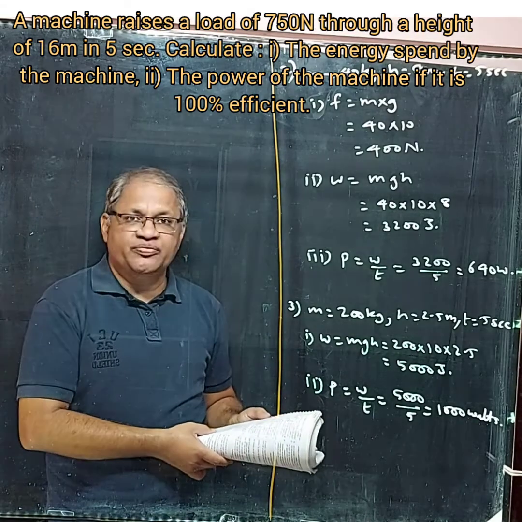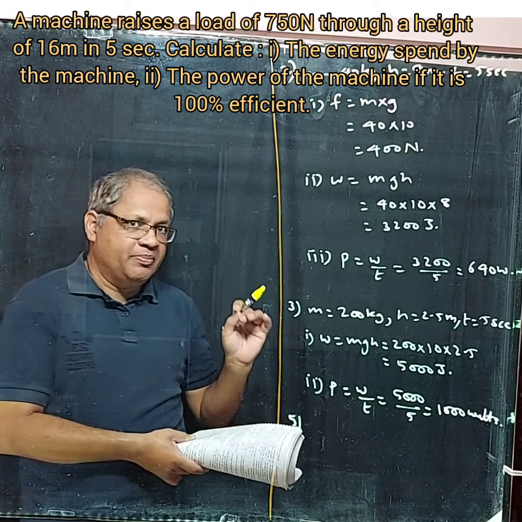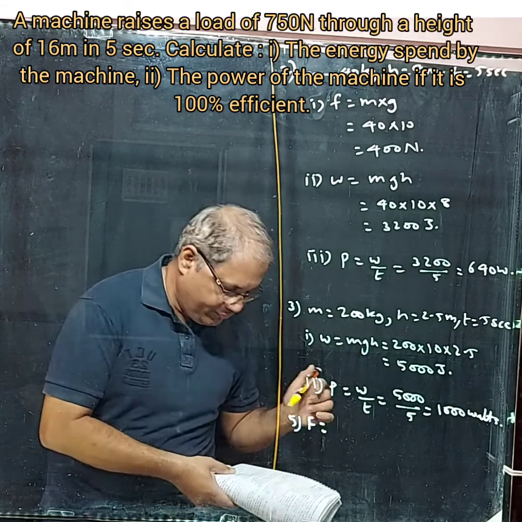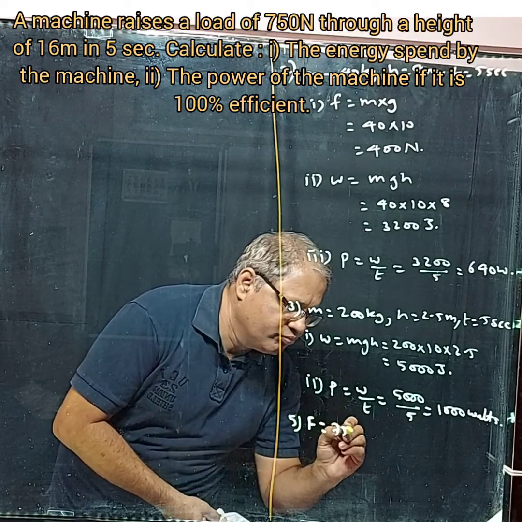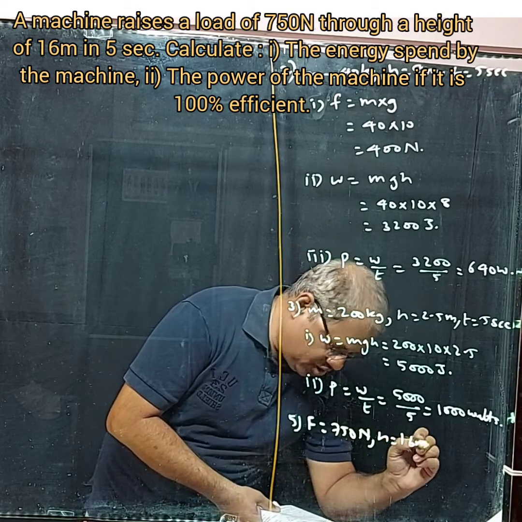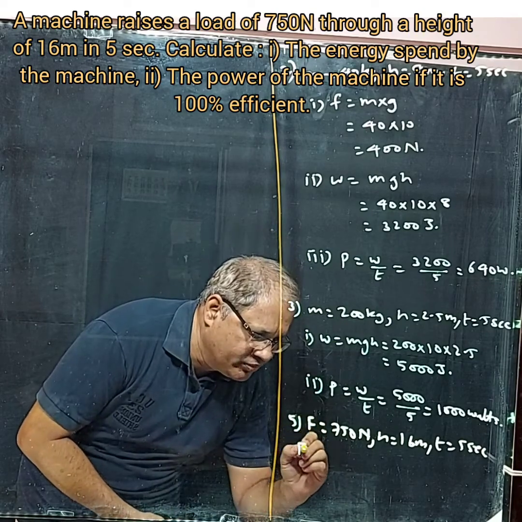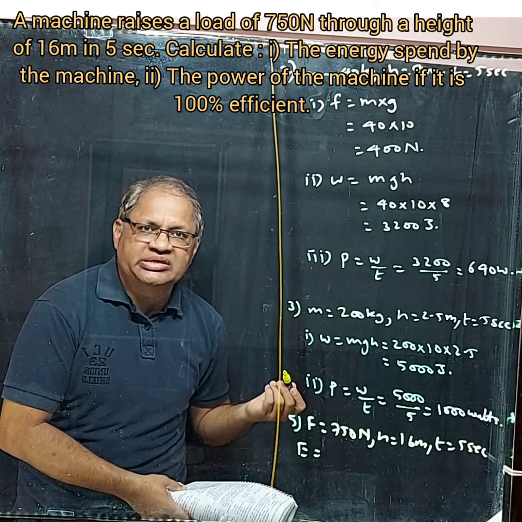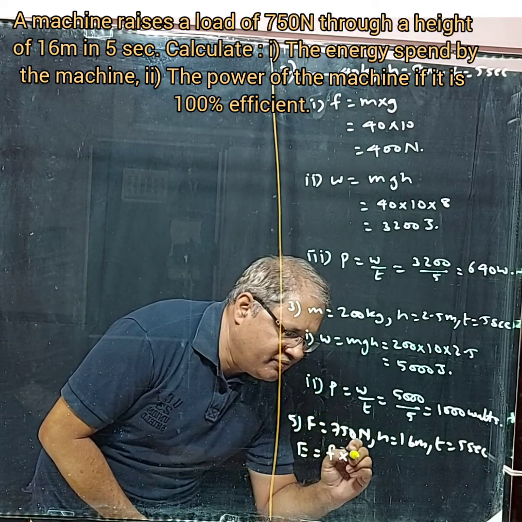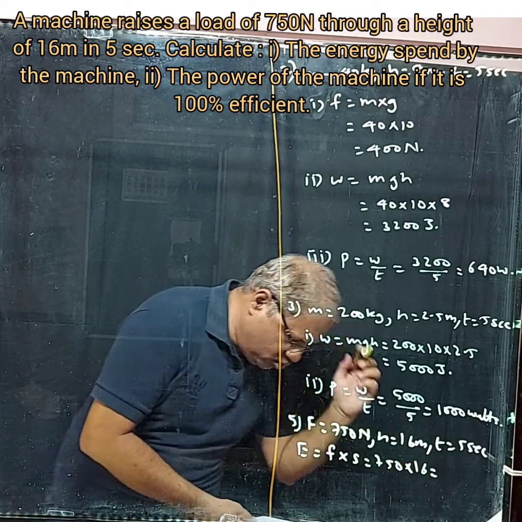Okay, so over here first of all you will write down the particulars. Now see, load they have given 750 Newton. That means the force. If it would have been kgf, we would have taken it as mass. So 750 Newton. Then height is 16 meter. Time is 5 seconds. You have to find out the energy spent. So energy and work are brothers and sisters. Same formula, mgh or Fs. Okay. Energy is equal to F into S, 750 into 16. That is coming to 12,000 joules.